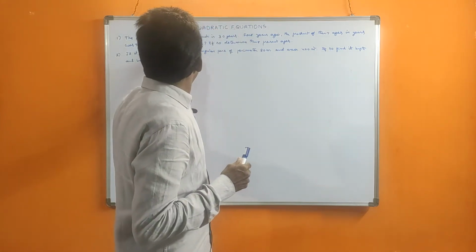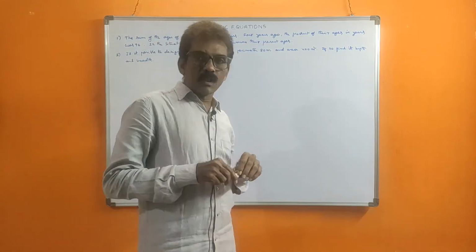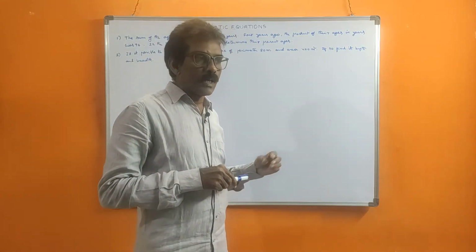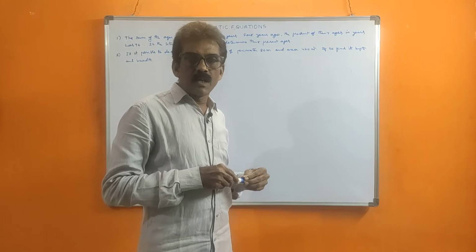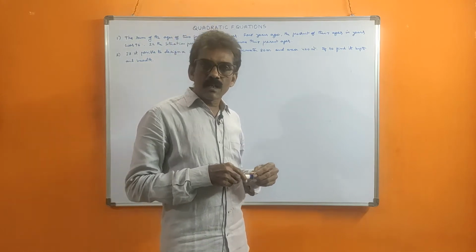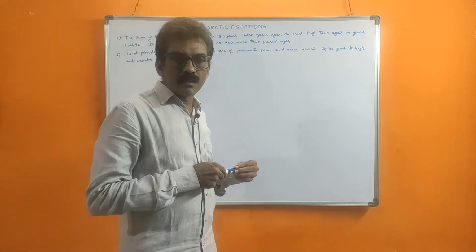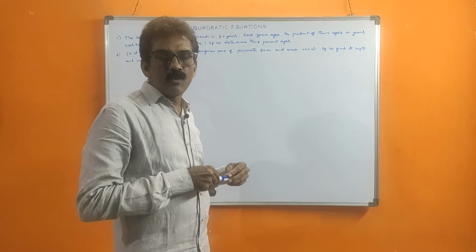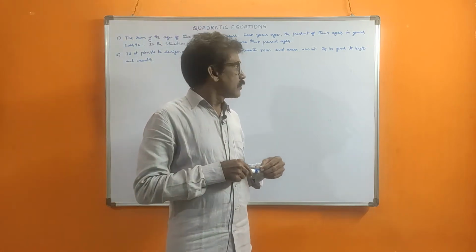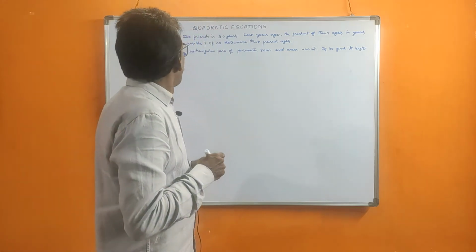Here, why he asked whether the situation is possible: according to the given numbers, sometimes it is not possible, meaning in the roots we don't get any positive value, we only get negative values. That means we don't get real roots. In that situation we will write that this is not possible. If we get any positive value, then we will find the values. Okay.